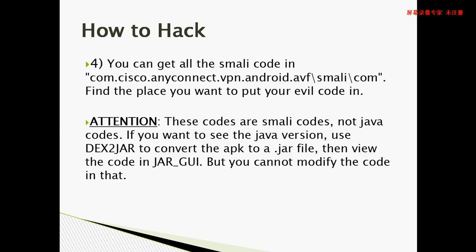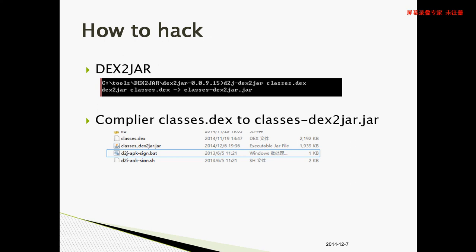So now the disassembly of the classes.dex file gives you two kinds of code, either the Java code or the Smali code. The Java code can be viewed in the Java application, but you cannot edit that. So you need to have the Smali code to make any modifications. This is the command which you can use to get the Java code for the classes.dex. So you can see the dex2jar command,